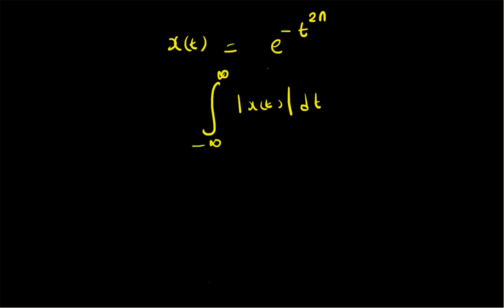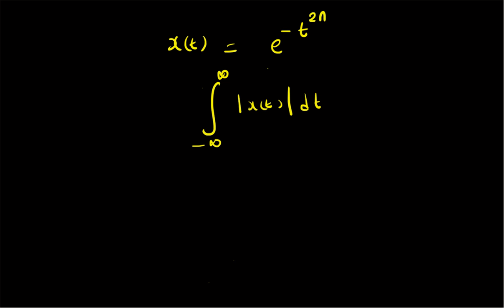But in the case of signals that have more complex structures, such as x of t equal to e power minus t power 2n, the integration may not be easy. They may have closed form solutions, but the integration is not straightforward. So in this case, we can check whether the signal is of finite energy or not by simply plotting the curve for the signal. This may be easy to judge without even plotting, but there are other signals for which we have to look at the plot and judge if they are of finite energy or not.